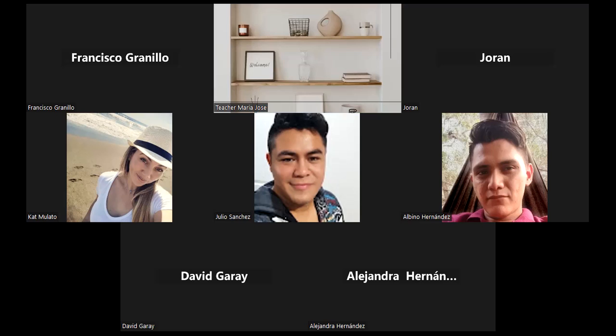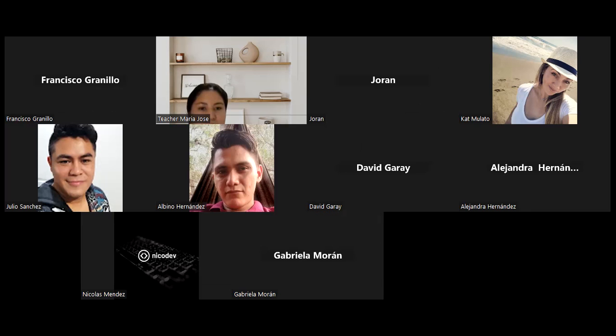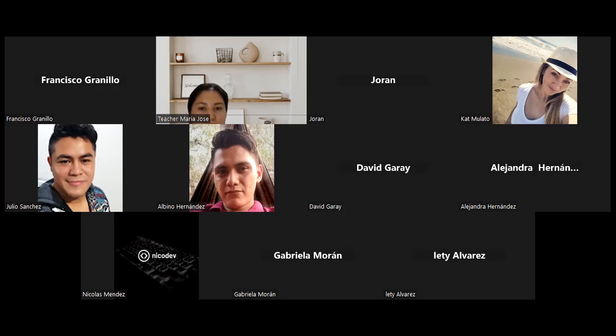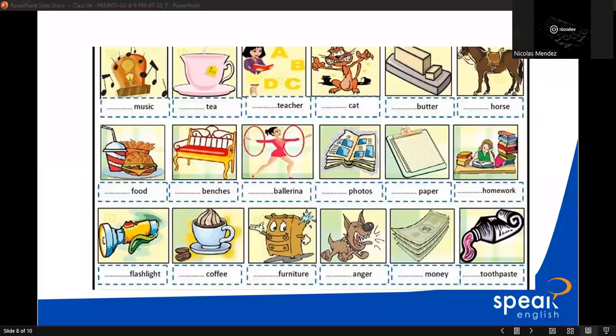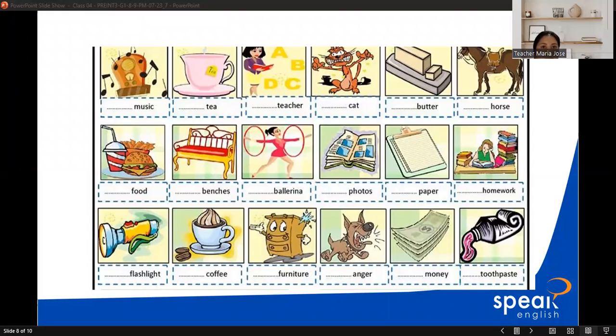Okay, welcome back, everybody. We are just waiting for one more group to come back. Okay. Hey, teacher. Okay, now I guess everybody's here, so we can start checking, okay? Remember, the idea for this exercise was only to identify which expressions were related to fewer and which ones were related to less, okay?